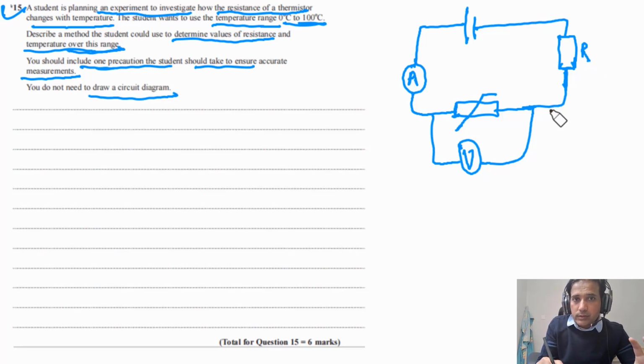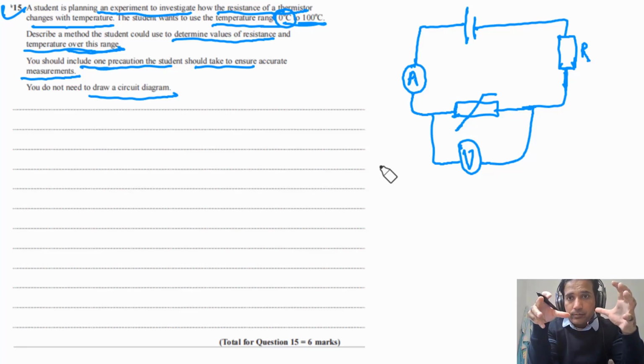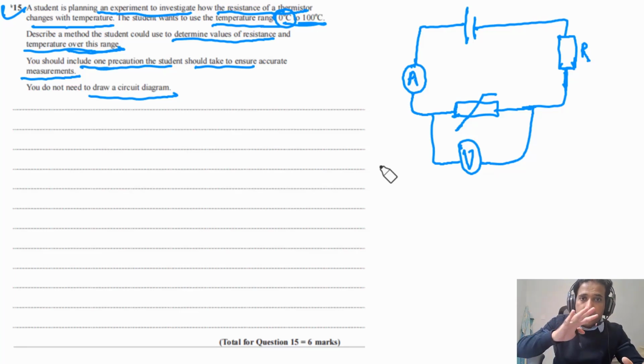So first of all, you can say connect the circuit. So you will connect your circuit like this. The second, you have to start from 0 degrees Celsius. So you need a mixture of ice and water. So it will be at 0 degrees Celsius. So we will need mixture of ice and water at 0 degree Celsius. And when it is at 0 degrees Celsius, we will record what is value of I, what is value of